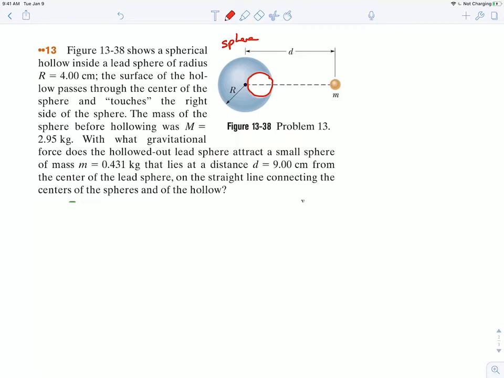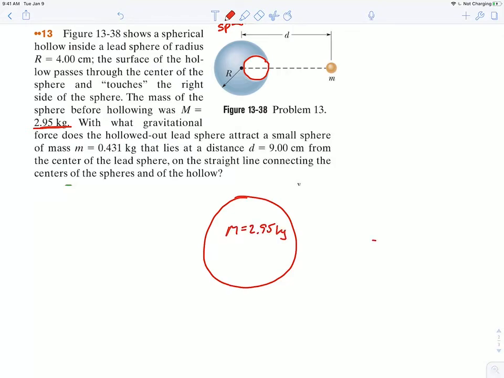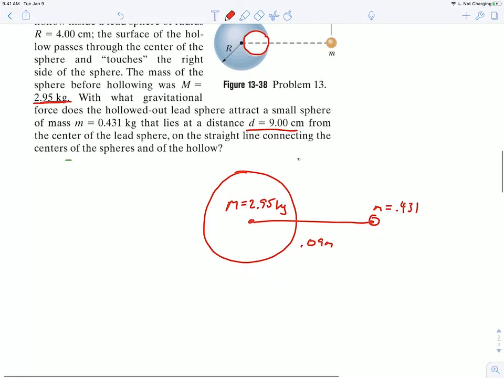So let's see. We know that the total mass was 2.95 kilograms before we hollowed it out. So we're gonna basically treat this as if we had that mass 2.95 kilograms pulling on this other mass, little m, which is 0.431, from a known distance, right? That distance, right here, 9 centimeters, so 0.09 meters, right? So we'll figure out what that net force is